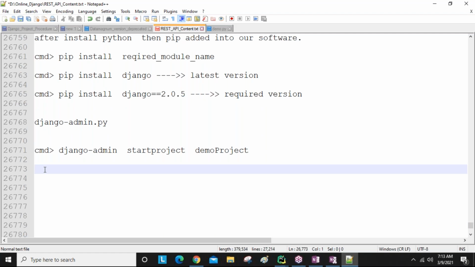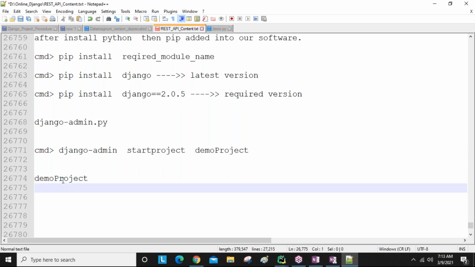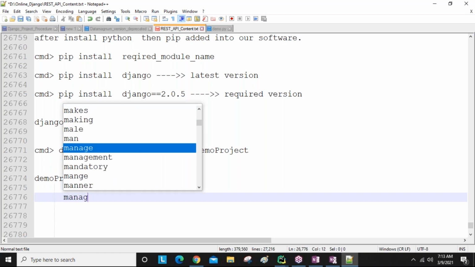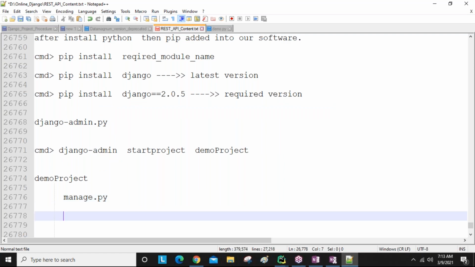After creating the Django project, this folder is coming here, which acts like a root folder. Inside this folder you get one manage.py file.